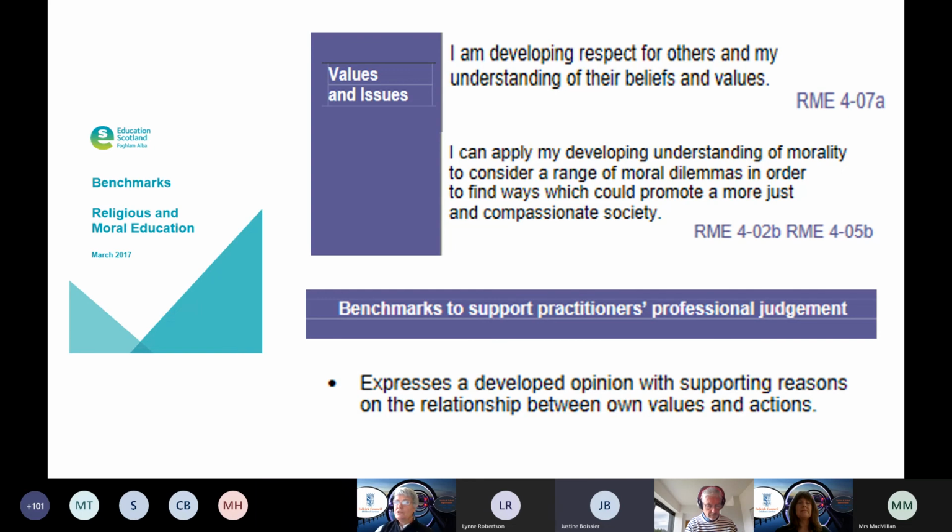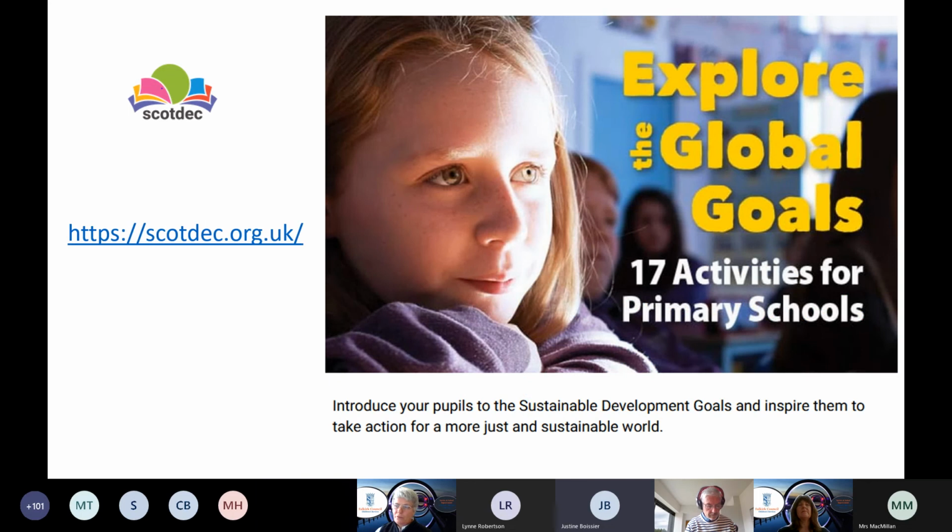Just to show how another resource would link in, we work very closely with different partners, and again I'm not endorsing particular partners or resources. ScotDec, we work very closely with, and they produce easy to use resources which are directly linked into the Sustainable Development Goals. Those resources would link into any of our 5 bundles, and they could be mapped to social studies, to RME, and loads of other areas of the curriculum. As I've said, there are so many resources out there, and I've only used those 2 as an example to show where they would fit into our bundles and how they could link into RME or social studies.